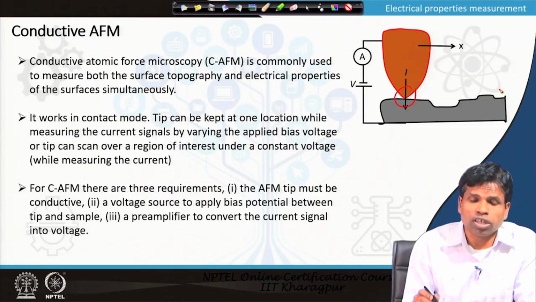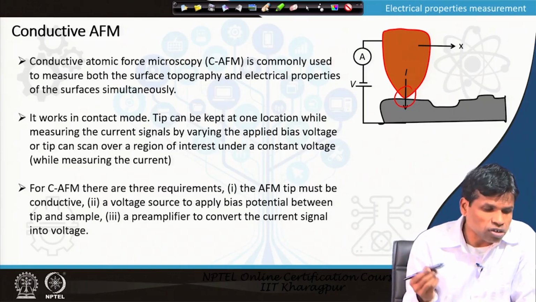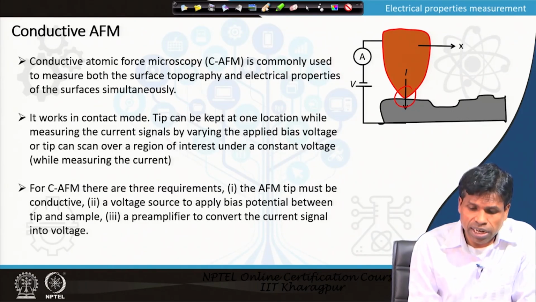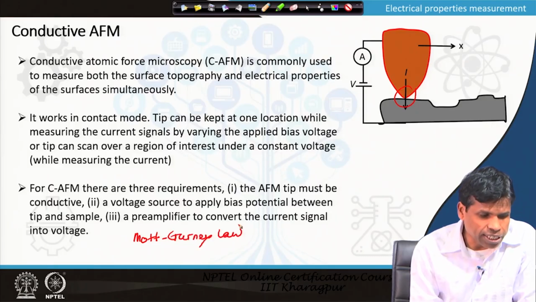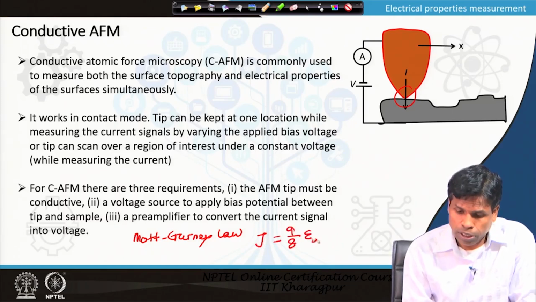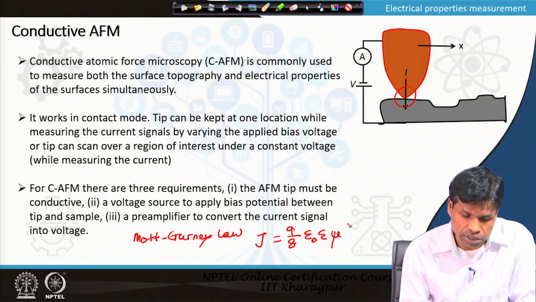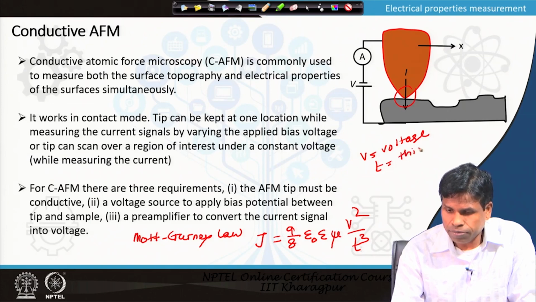So, this can also be done with a conductive AFM, and as we measure the IV characteristic, it can also be used for measuring the mobility etc. As per the Mott-Gurney law, there is a relation J is equal to 9 by 8 epsilon naught epsilon mu, where mu is the charge mobility, V square by d cubed. Here V is the voltage given, and d is the thickness of the active layer,